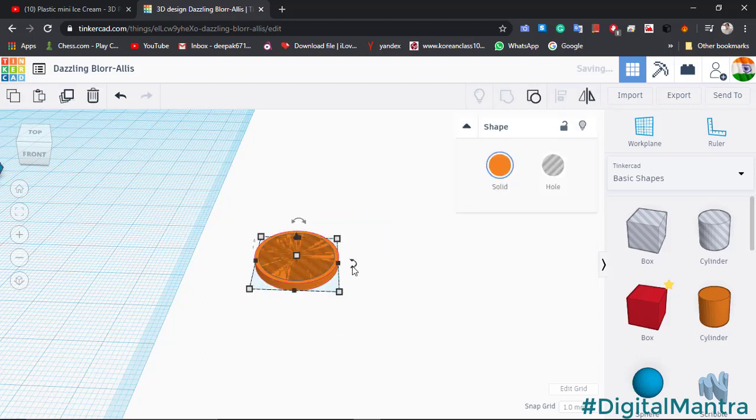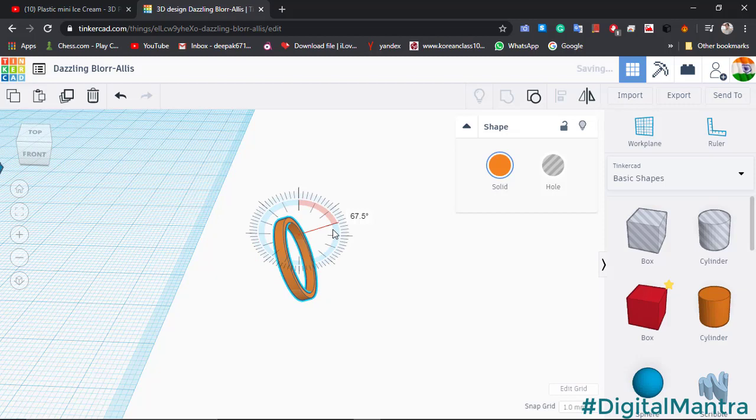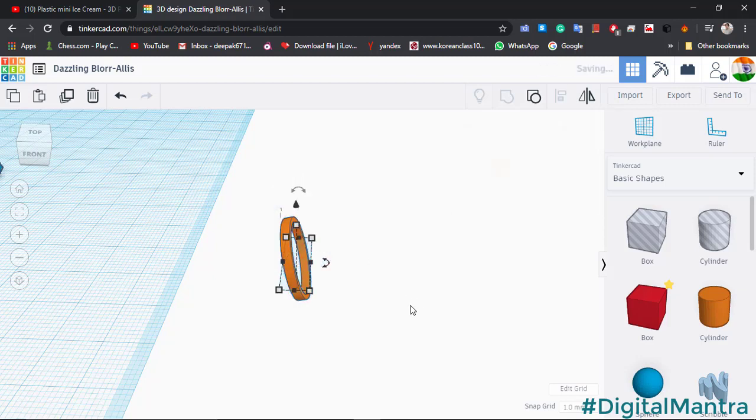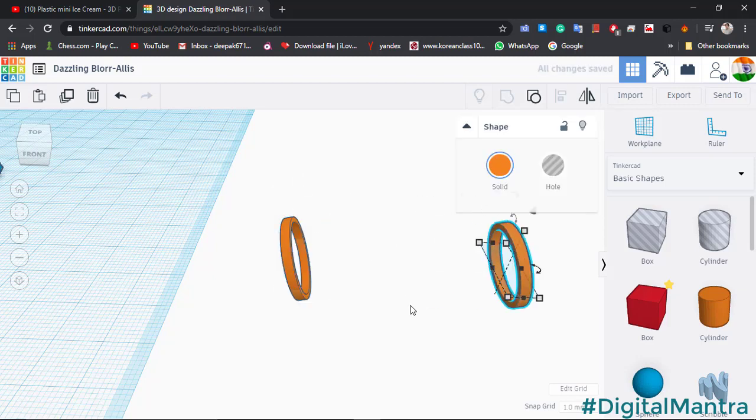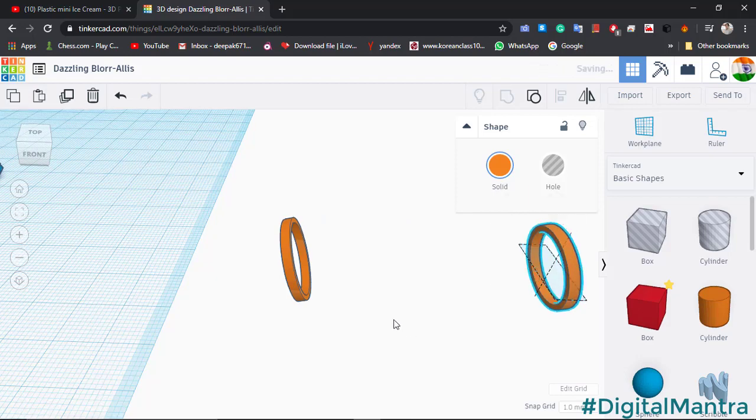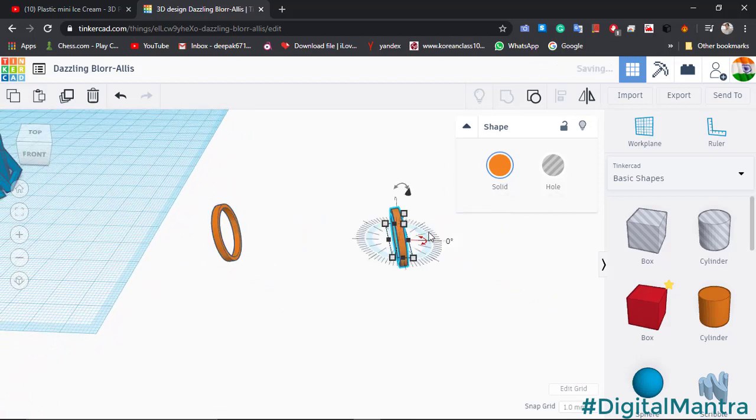Then rotate it by 90 degree in the front plane and tilt it by some amount like 12 to 13 degrees. Then duplicate it, drag it in the front direction and then mirror it in the horizontal direction.